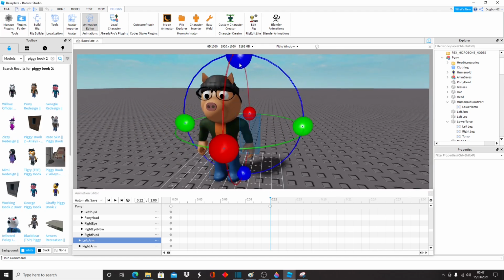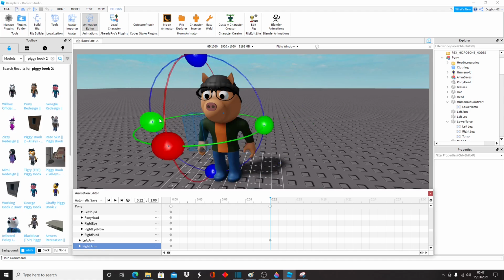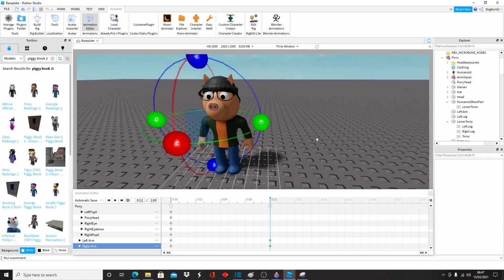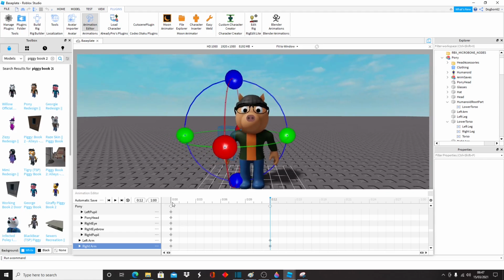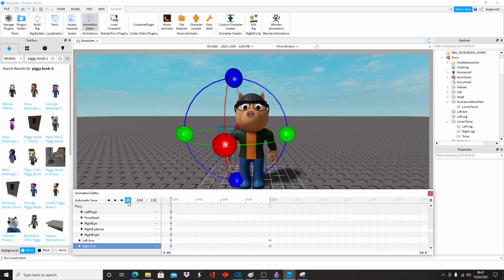So when he breathes and goes down, there's a slight movement in both of his arms. So if I go back to the beginning, you just see it moves down. And then if I loop it, which is this button here,